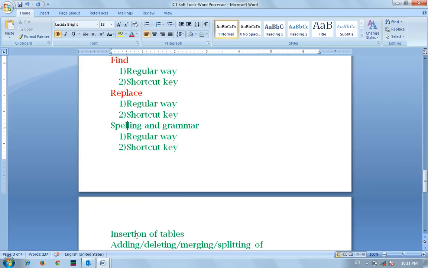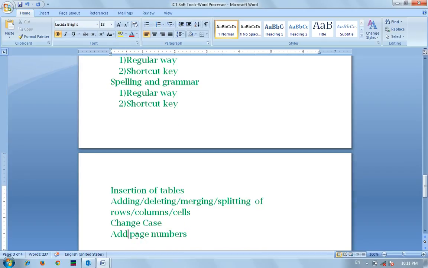And the last important part is the insertion of tables: adding a table, deleting a table, merging tables, and splitting rows, columns, and cells. The last points are change case and adding page numbers. So first, I am moving on to